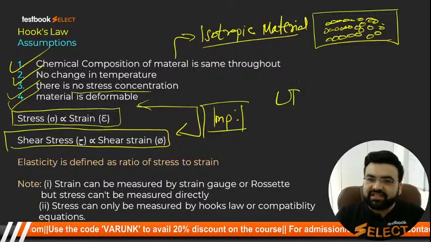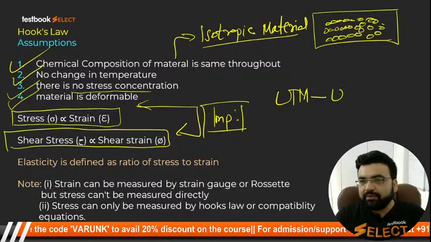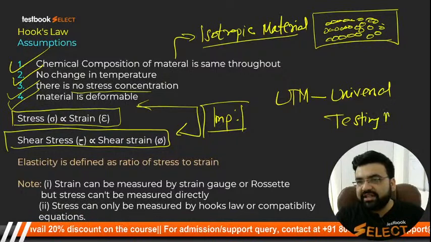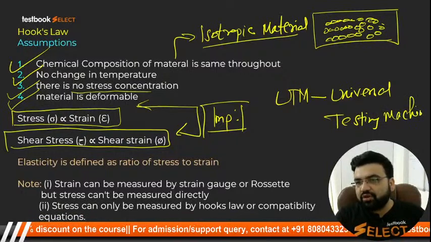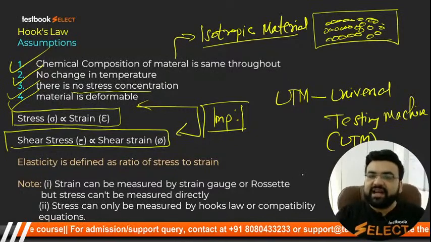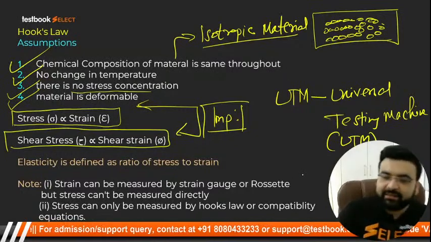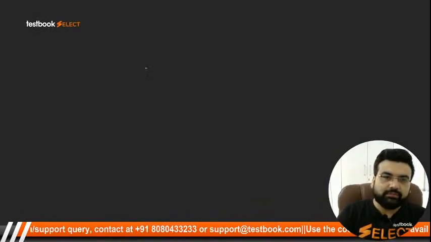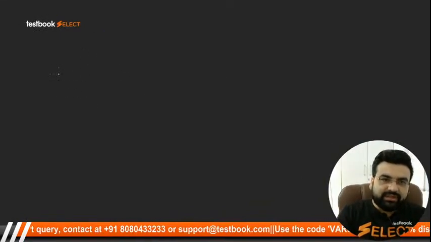इस एक्सपेरिमेंट को कंडक्ट करने के लिए स्टूडेंट्स एक मशीन का यूज होता है जिसको बोलते हैं यूनिवर्सल टेस्टिंग मशीन, that is also called the UTM. Now let us understand कि UTM करती क्या है, इसके बारे में जरा बात करते हैं. For example students, this is a very big machine, that is a UTM.